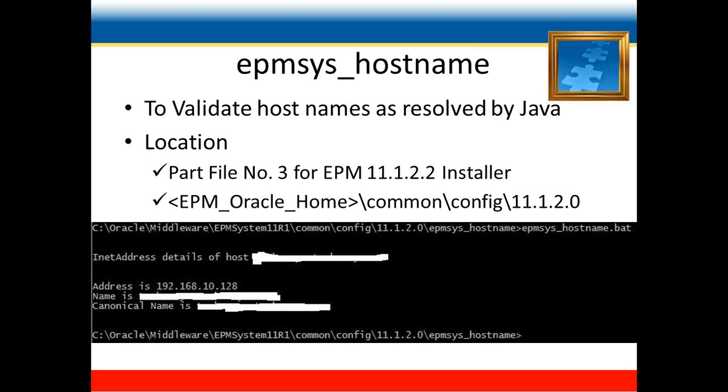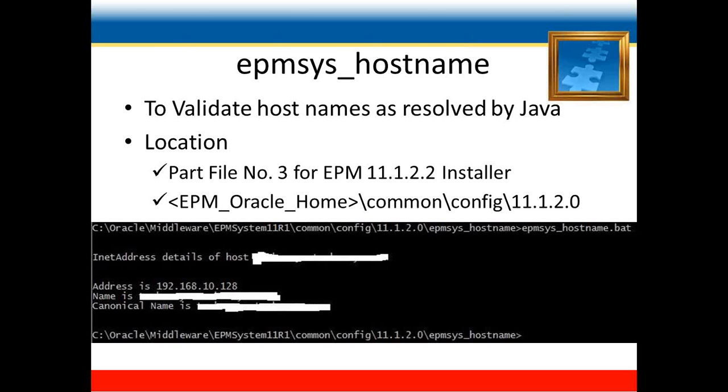To validate this, Oracle Hyperion has come up with this utility, EPM sys hostname, which validates the hostname as resolved by Java. It uses some of the methods which Java uses to resolve or validate the host names,